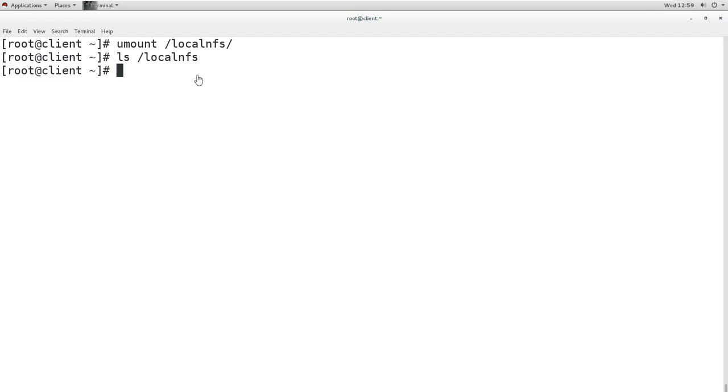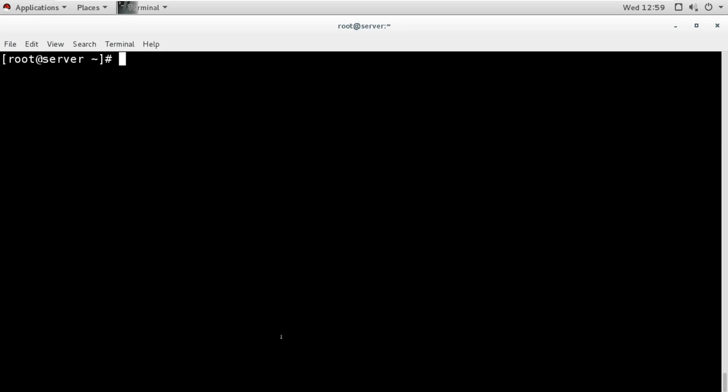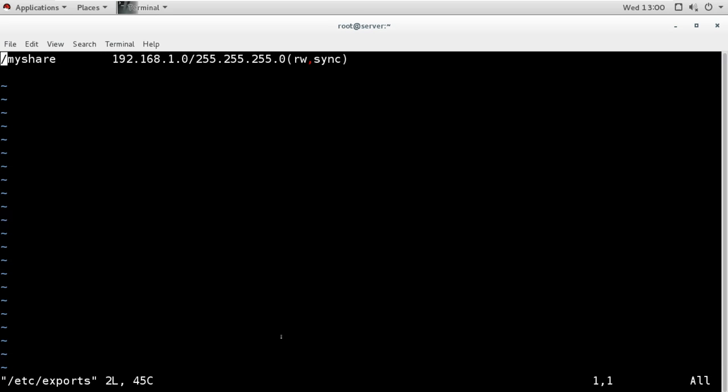So for example, I don't want to give everyone the share, I just want to give some particular hosts. So what I will do is change the file from here and remove the network IP.